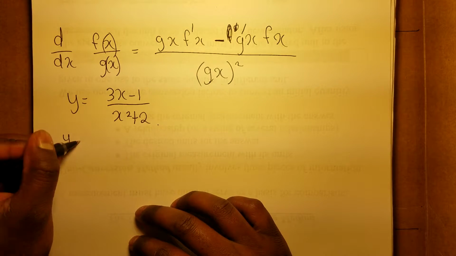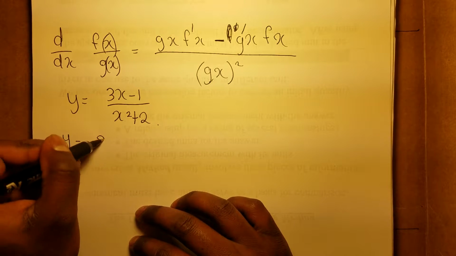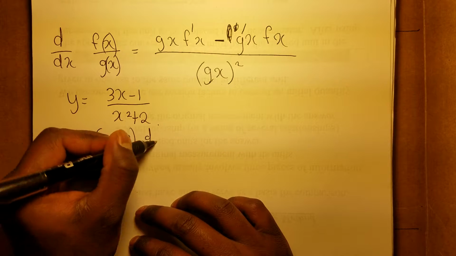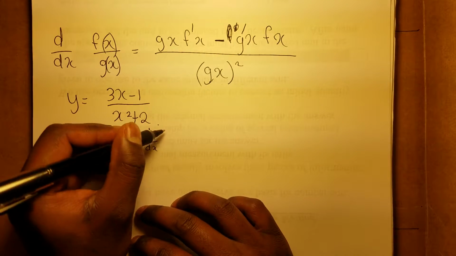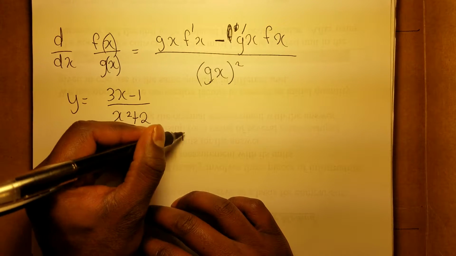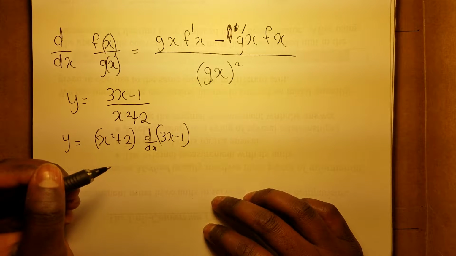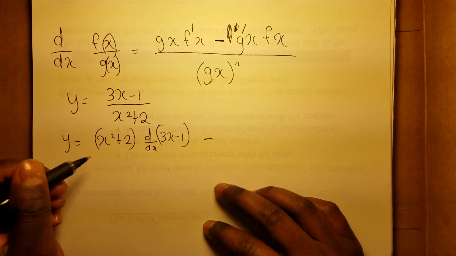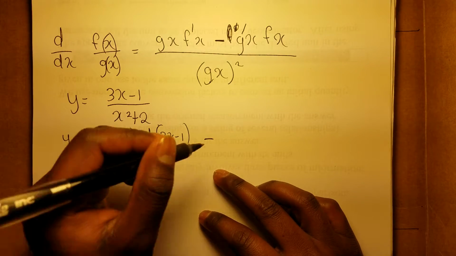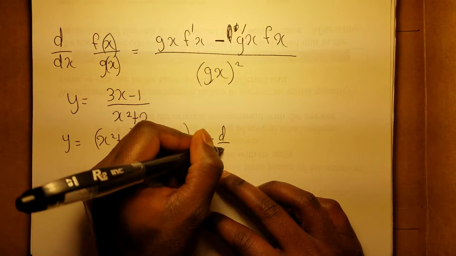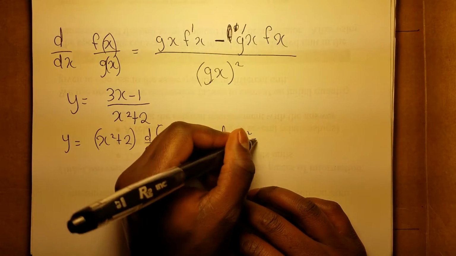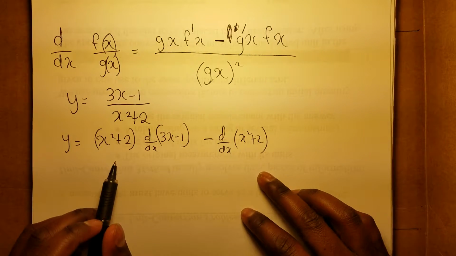So you get y prime is equal to the bottom function multiplied by the derivative of the top function, which is 3x minus 1,